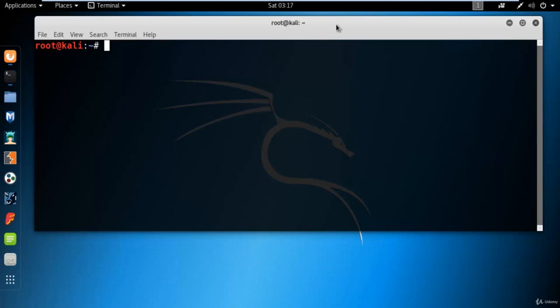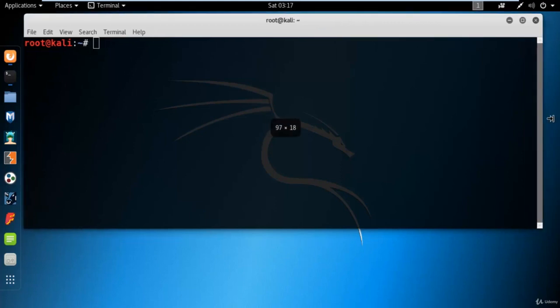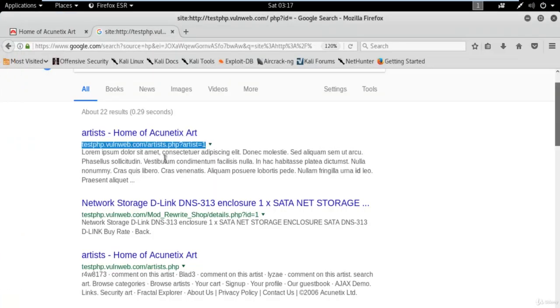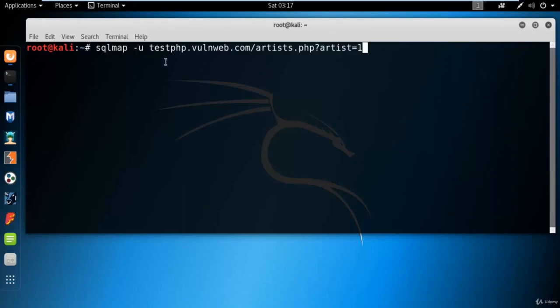Let me show you. There are some fixed commands available in the SQLMap tool that we can use. Simply type sqlmap space -u and paste here the link which you have copied: testphp.vulnweb.com/artist.php?artist=1.